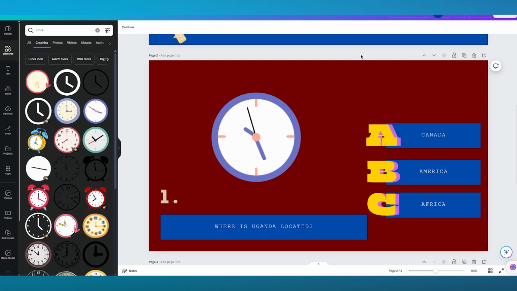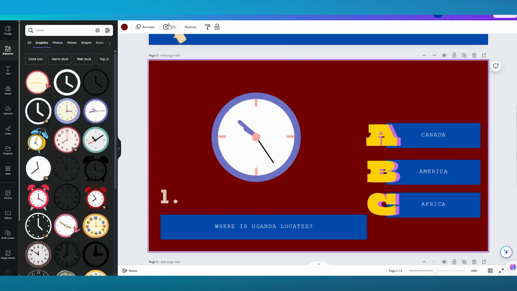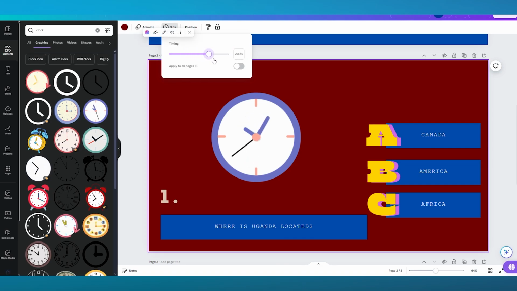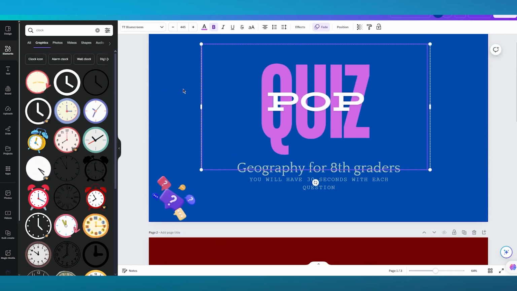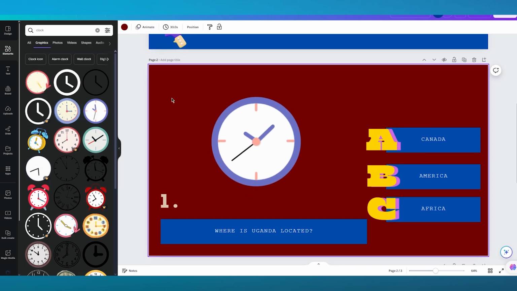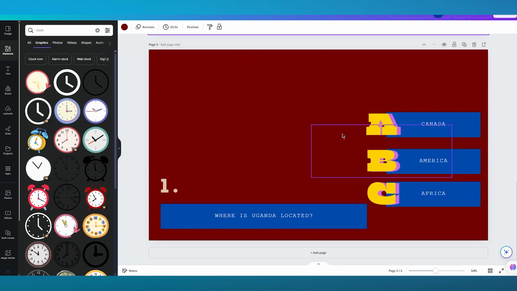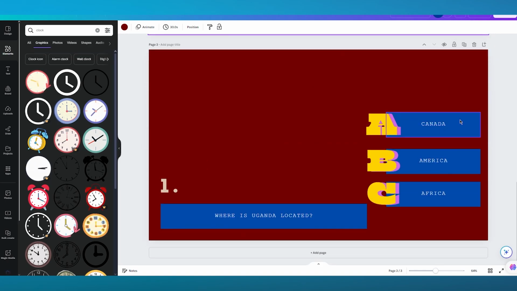Let's say I'm going to keep the timer of this page to a few seconds as well. So the timing for this is going to be 30 seconds. There we go. Obviously, you can change the timing for this page as well if you want to. The timing for this page, although, is 30 seconds. Now, after 30 seconds, once the time is done, you're going to go ahead and, let's say, I'm going to